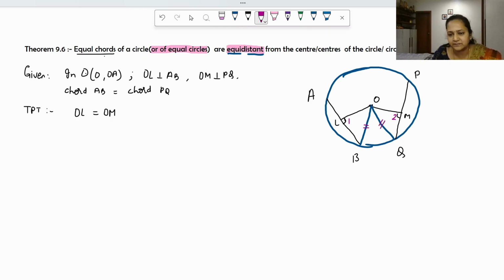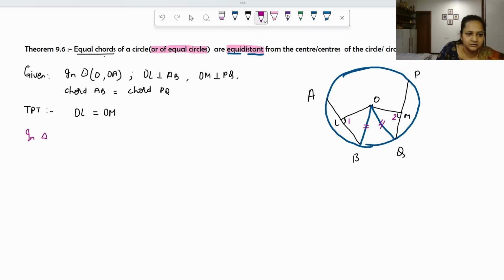Do we have anything else? No, directly we do not have. So first, let us look at the other information. What is given to us? OL is perpendicular to AB. OL is perpendicular to chord AB. And we just did the theorem where we said the perpendicular from the center to the chord bisects the chord. Right? So first things first, we will write here,